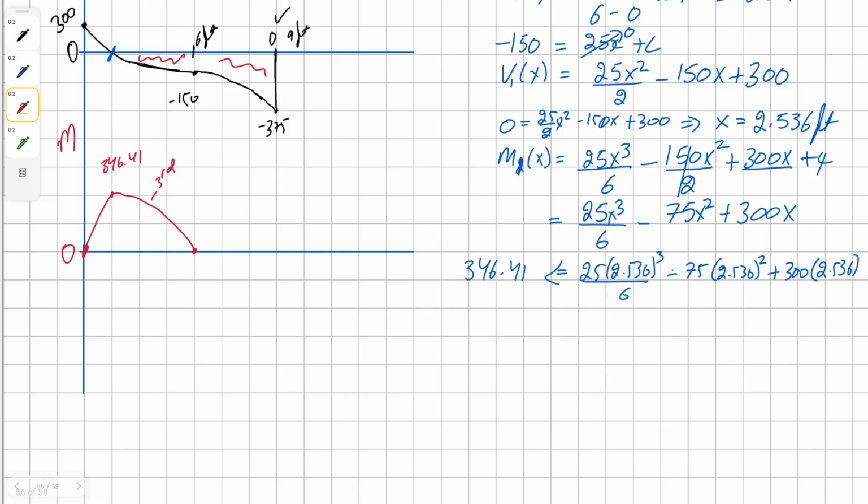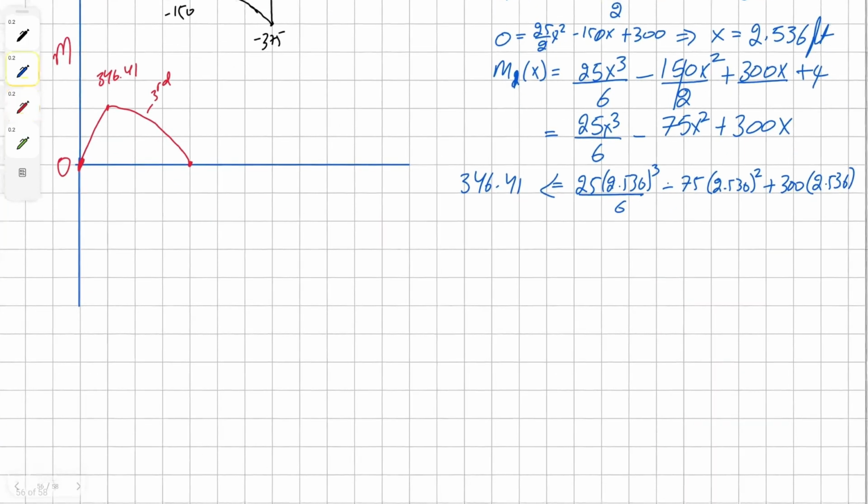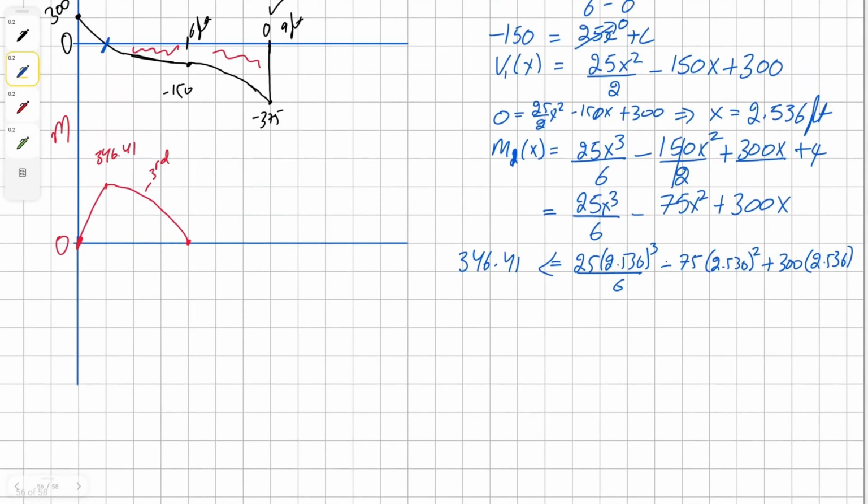So my recommendation is always to use the equation, but we will do the same problem with the graphical method as well. But let's first do it with the equation so that we have a mark that can verify our graphical solutions. Okay, so for region 2,